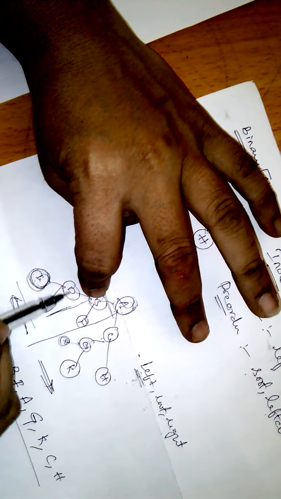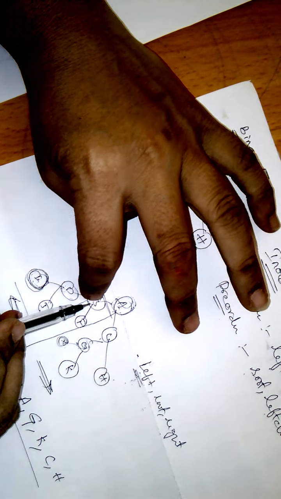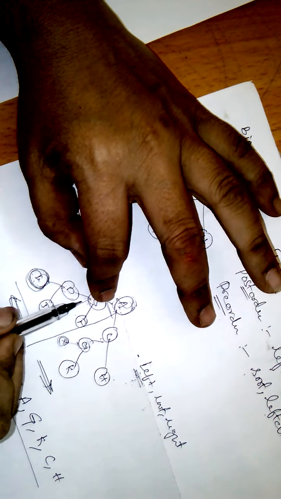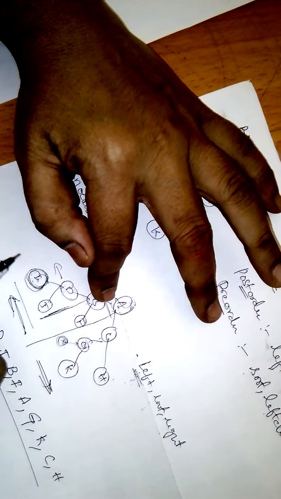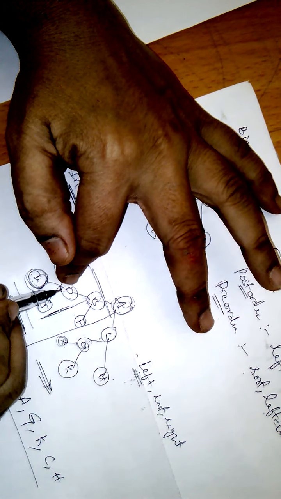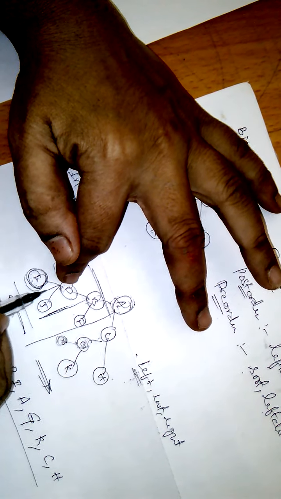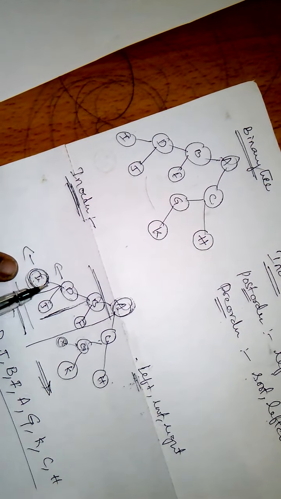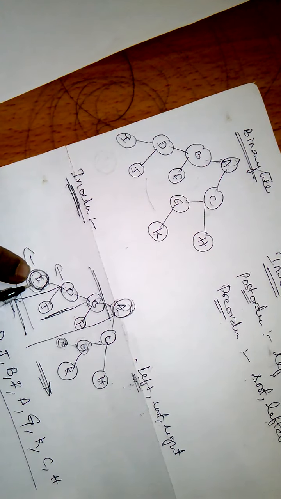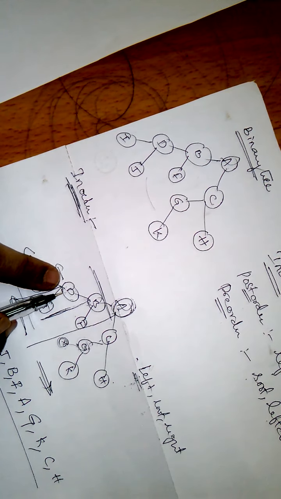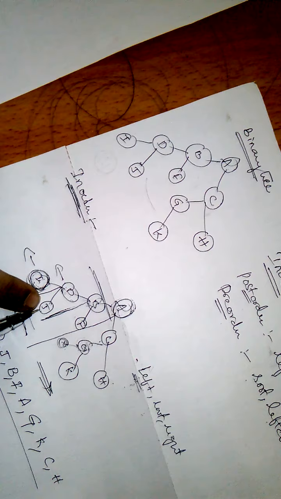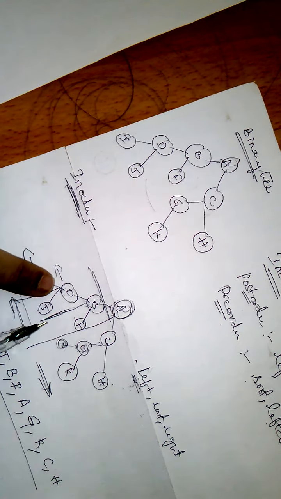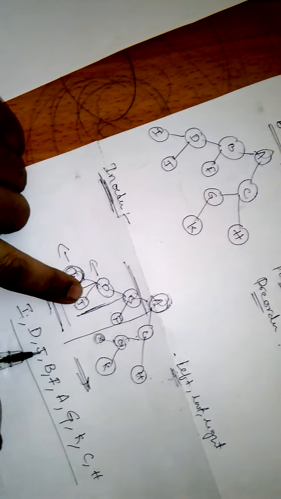Now again B has children, so we can say B is a parent. So again we don't visit B. We again go left, come this side. So what is D again? D is also a parent. So what will we do? Again come left. So what is left? Only leaf nodes. So first we will visit I, the left, then root, root meaning here parent, D, and J, the right child. So left child, root, right child: I, D, J.